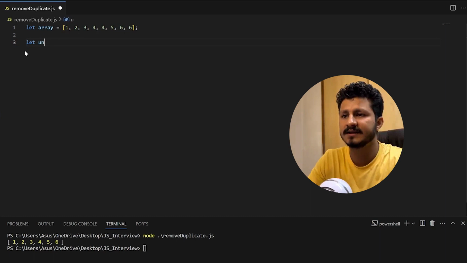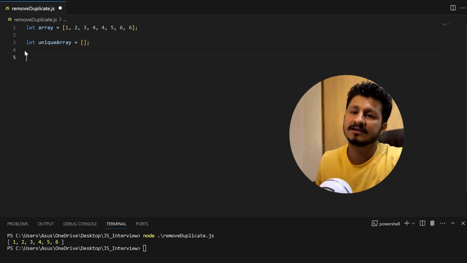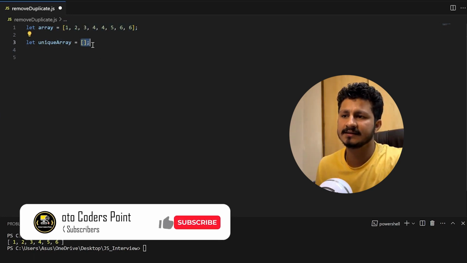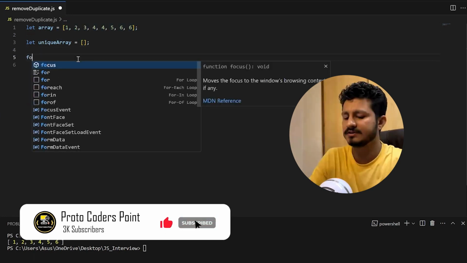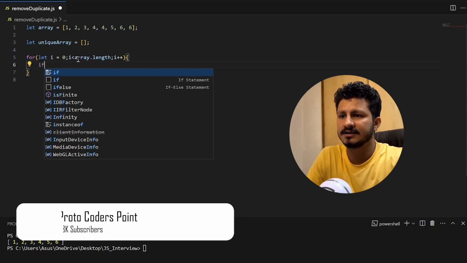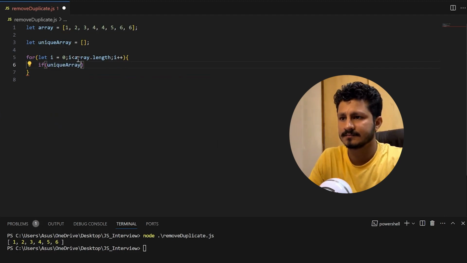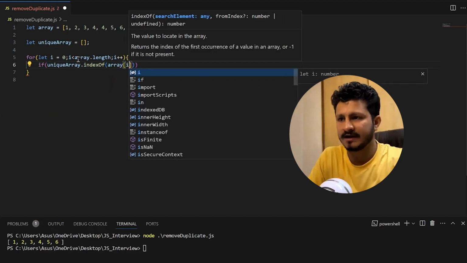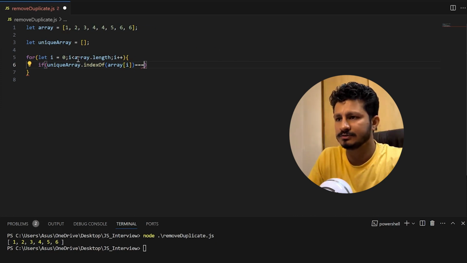So I will just name it as unique is equal to, and I will just keep it empty. Okay, so now let's iterate the original array and dump the unique elements into this array. For this also I will make use of a for loop. Now here let me check if unique array dot indexOf array of i, if this is equal to